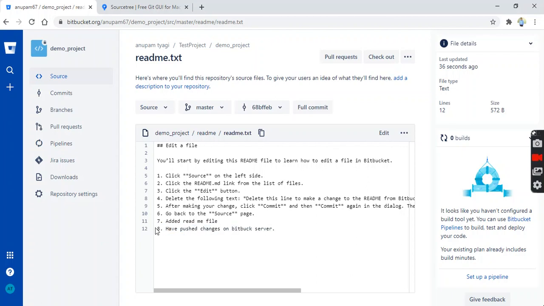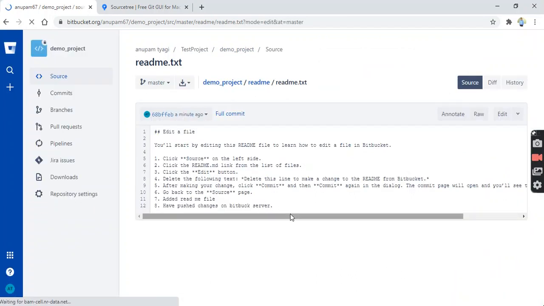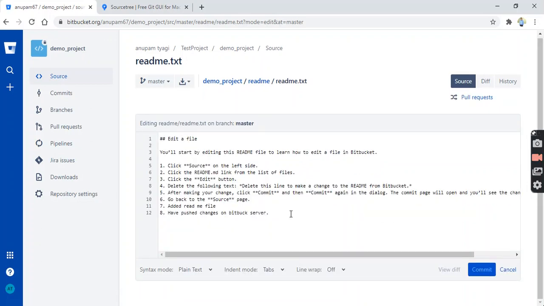You will see we have just made changes on our local repository and pushed again on the server. Have pushed changes on the Bitbucket server. So suppose that we will see the pull option. Pull is basically like that. Suppose two developers are working in a team. The other developer has made their changes on a server like that. They have made changes in the same file, the readme.txt file. So they have added changes in the same file.